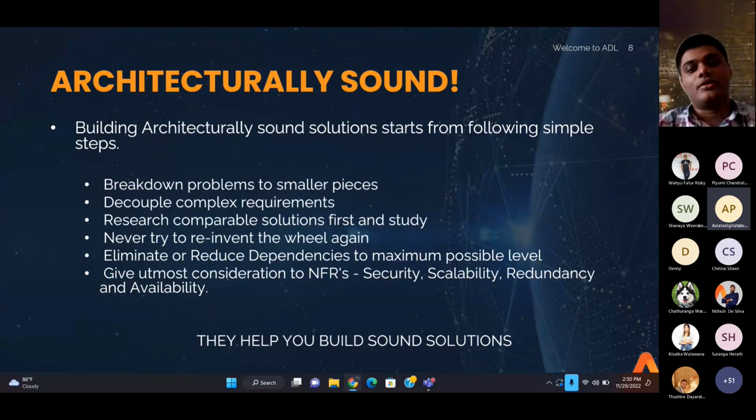So if you are building a product, just go for that dependency, not for a third-party build dependency. If you are getting a product like Zendesk, you should be getting the SDKs from Zendesk itself, rather than getting an SDK from an existing third-party build, because there would be several third-party builds. But still, it would be maintained, as you have been subscribed, when you take it from the vendor. But ideally, if you have a possibility to eliminate or reduce those dependencies to the maximum possible, that would be